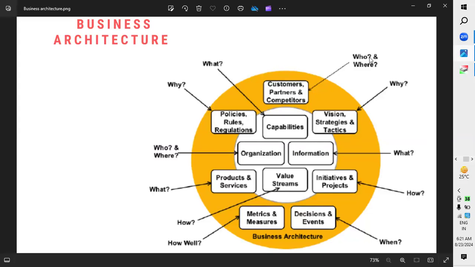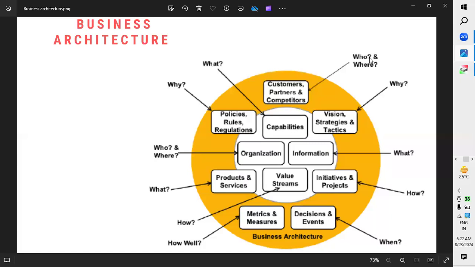Let's say you are developing a core banking application for one of your customers. First and foremost, we must know about their business architecture. Do remember, this is part of EA, enterprise architecture, which means the whole enterprise on a high level. If you want to understand the enterprise, meaning process, people, systems, applications, data, first we must know about